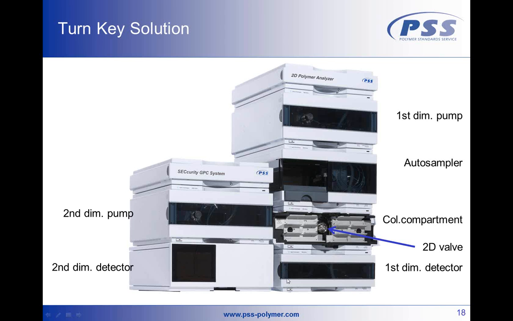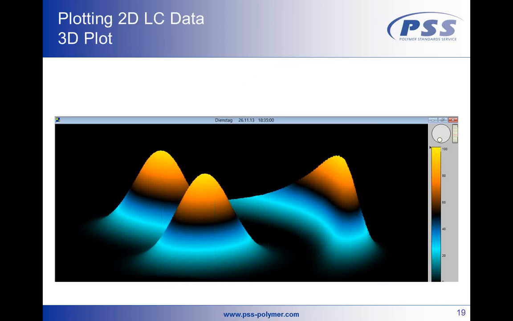You might also use a detector in the first dimension to see what's going on there. But that is the setup that you have to use, basically 1.5 HPLC instruments and the transfer valve. Well, if you have now all these two-dimensional chromatograms, the chromatograms in the second dimension, you would like to plot them,